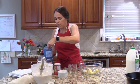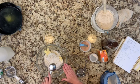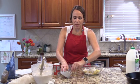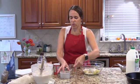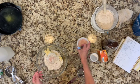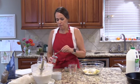So I want a cup and a quarter of this gluten-free flour. This is a weird measurement: 1/3 of a teaspoon of salt. I know most of you probably don't have a 1/3 teaspoon measuring spoon. I don't either, but this is a quarter. So I just want a quarter and a little more. It's not quite a half, but a quarter wasn't quite enough. So it's going to make it a little tricky to write up the recipe for you, but